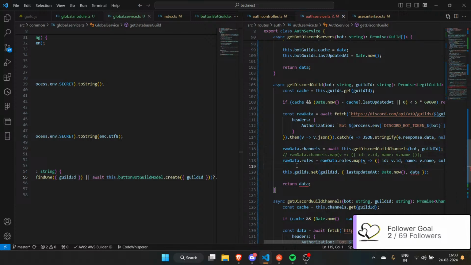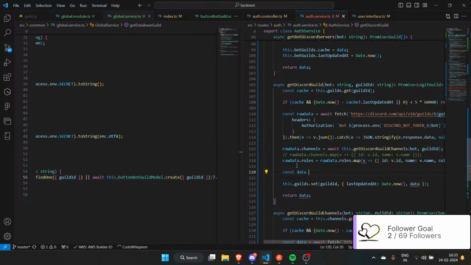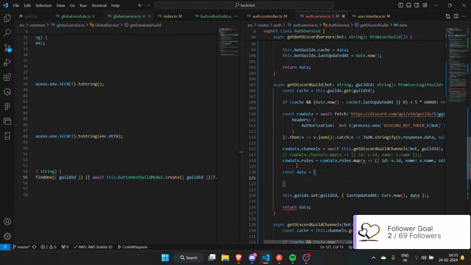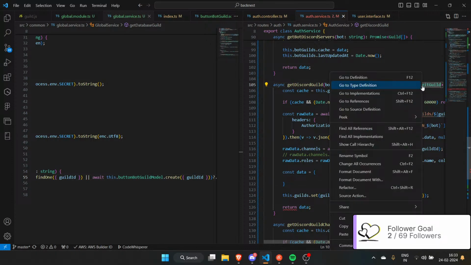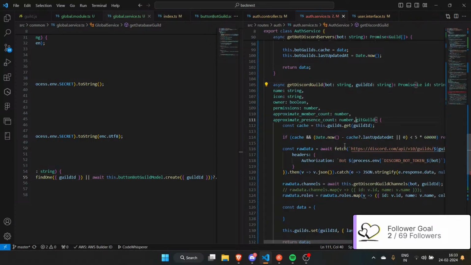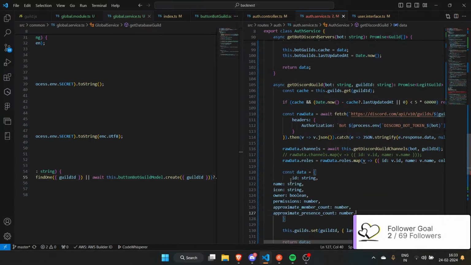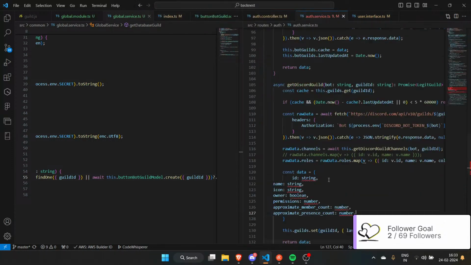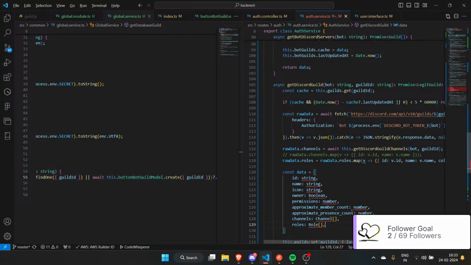And then const data can be equal to, let's see, what does a LegitGuild have?